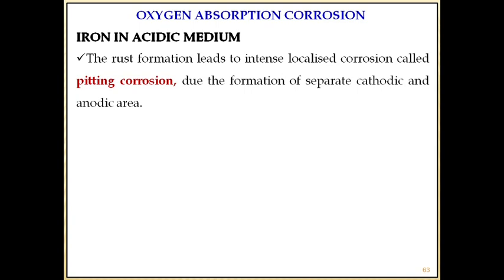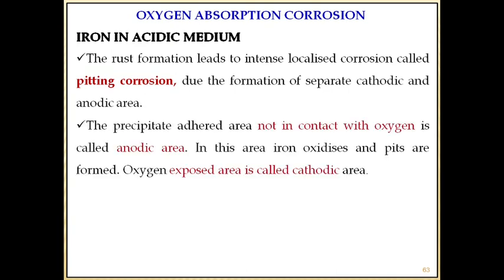So once you get the yellow rust or black rust, pitting corrosion will occur. Pitting corrosion means what? Where the rust is adhered, the area just below that will corrode rapidly and pits will be formed there, and that is known as pitting corrosion. Once Fe(OH)3, or yellow rust or black rust, is formed, that area will be acting as the new anode. The metal just beneath that rust will now undergo corrosion fast and pits will be formed.